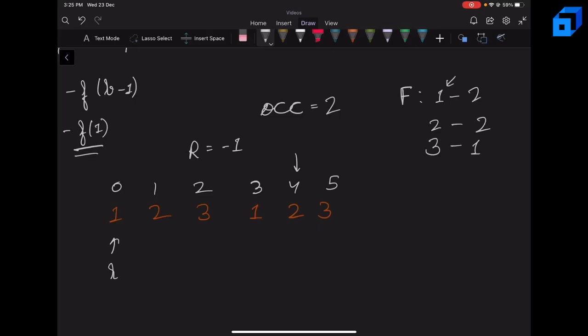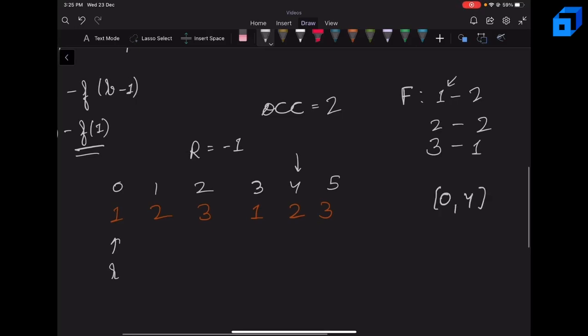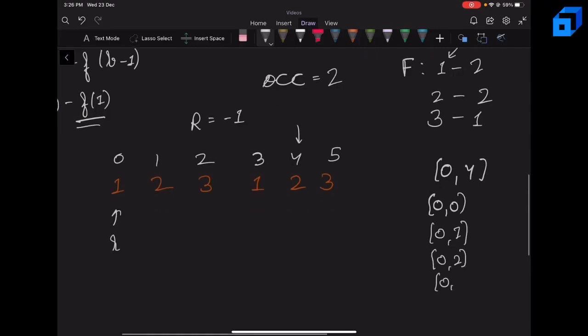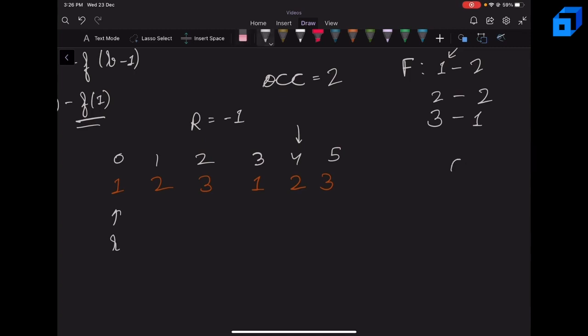Now one thing you can notice is that the subarray 0 to 4 is good. That is, it satisfies the condition that there are at most 2 special elements. So if the subarray 0 to 4 is good, any subarray from, let's say, 0 to 0, 0 to 1, 0 to 2, 0 to 3 and 0 to 4, all of them will be good. So we will add 4 minus 0 plus 1, that is 5, to our answer. We need to find f of 2, so currently f of 2 is 5.